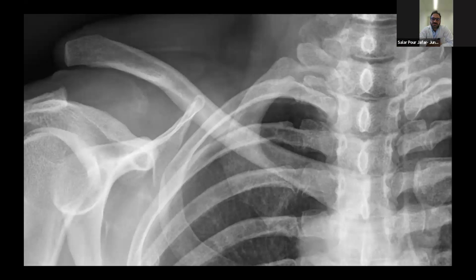I would like for sure to have a panorama for both clavicles, so AP, both of them. And what will it change in your treatment protocol? Just to have an idea of what is normal anatomy. Because of course I don't want to over tighten. If I want to bring down the clavicle, I don't want to over tighten. So I want to see his normal anatomy as well, to have an idea of what I want to do.